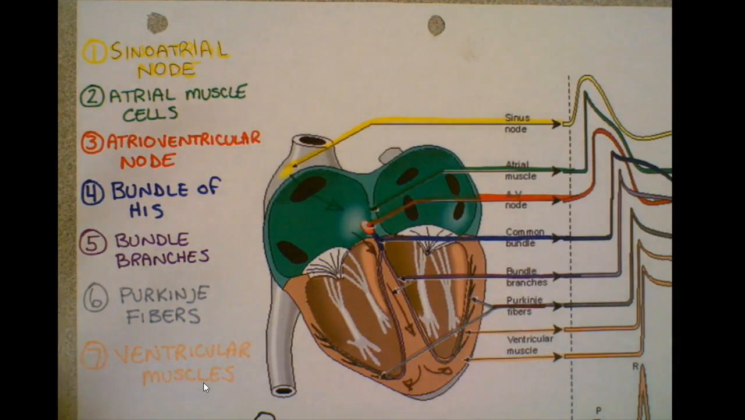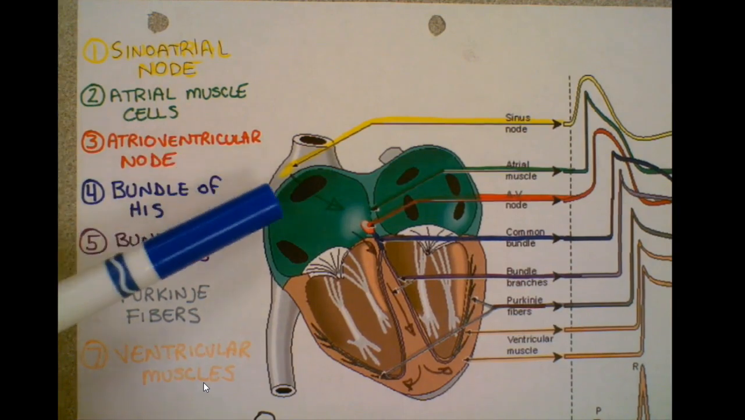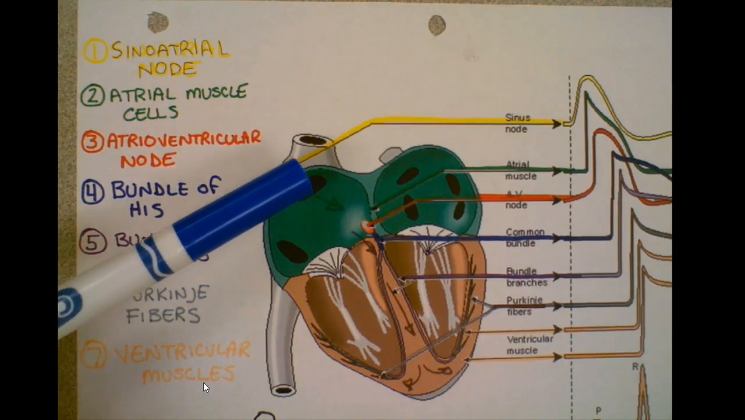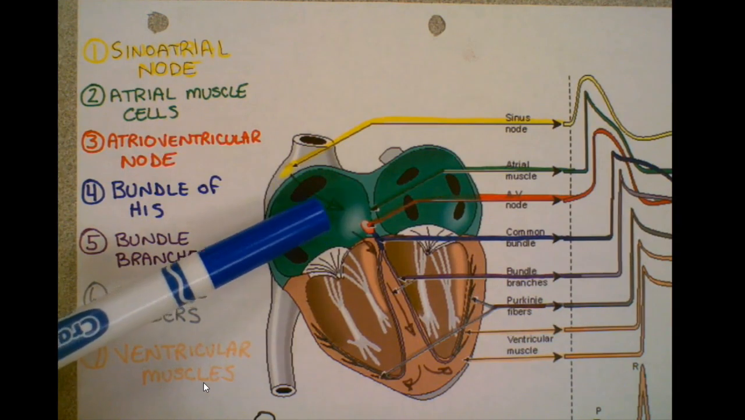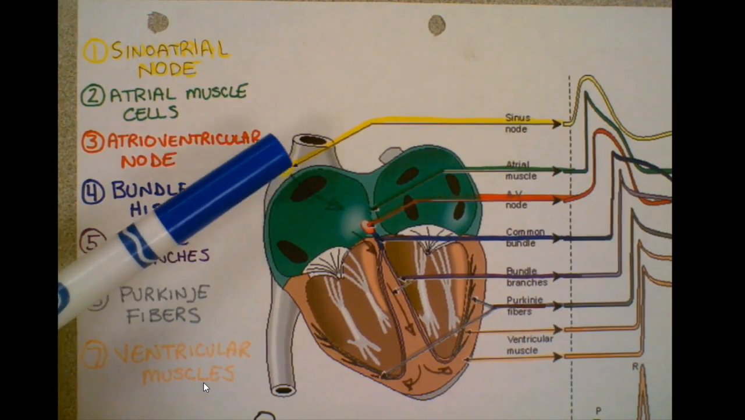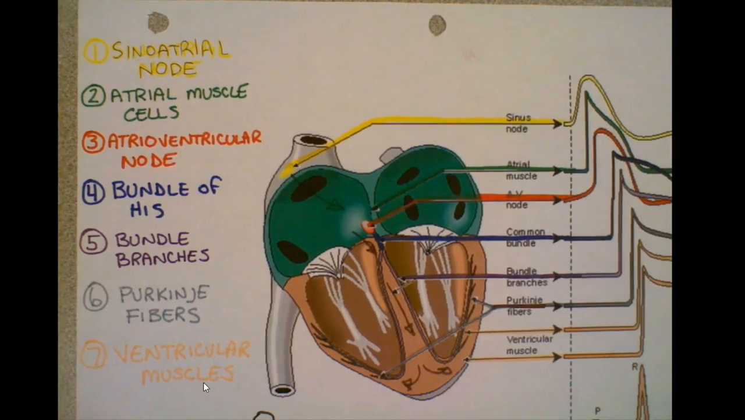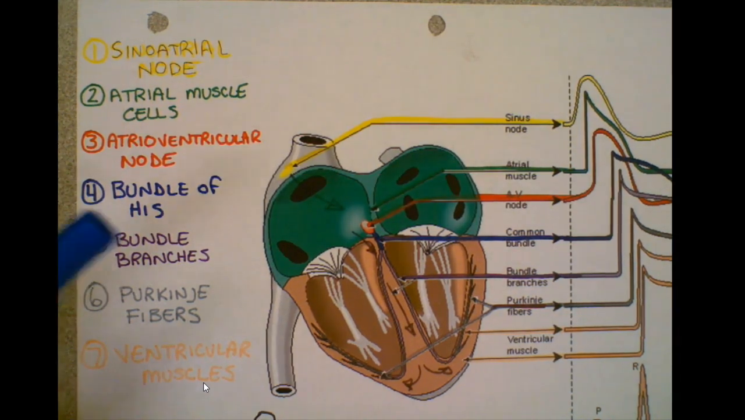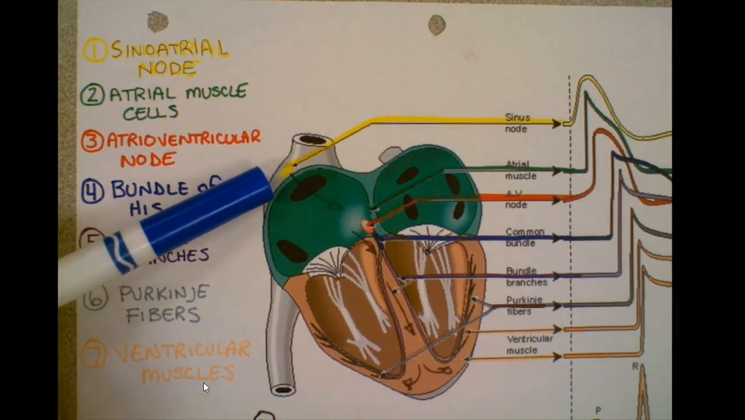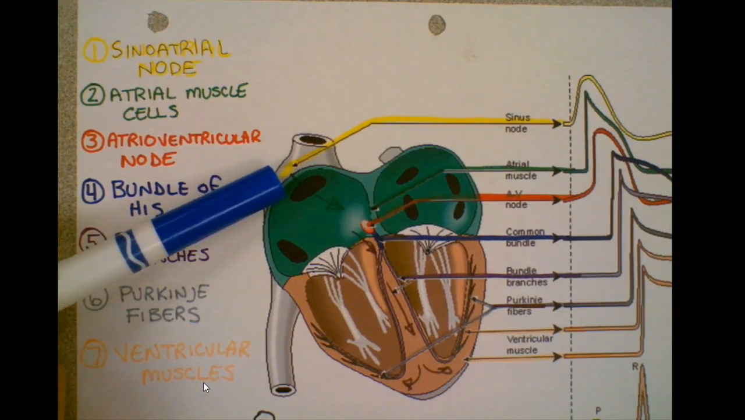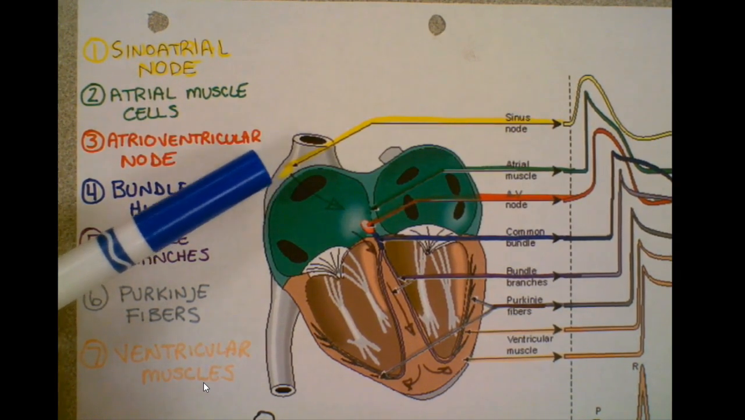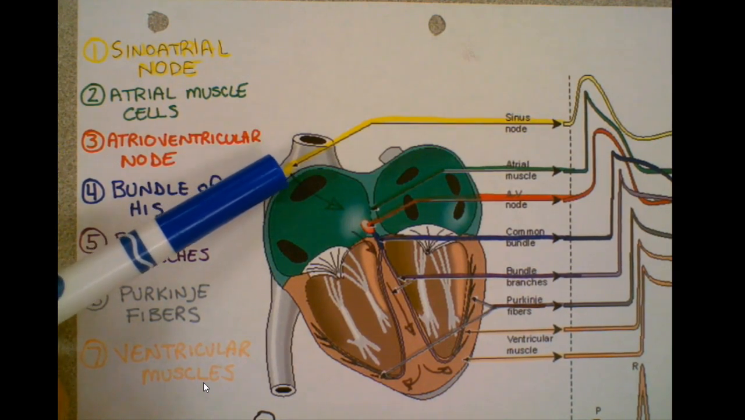So the sinoatrial node is a little patch of heart tissue on the right atrium. And it is where this all begins. It starts the fundamental action potential that then spreads through the heart. So your sinoatrial node is where this all begins. So the sinoatrial node generates an electrical impulse, an action potential. That action potential then spreads